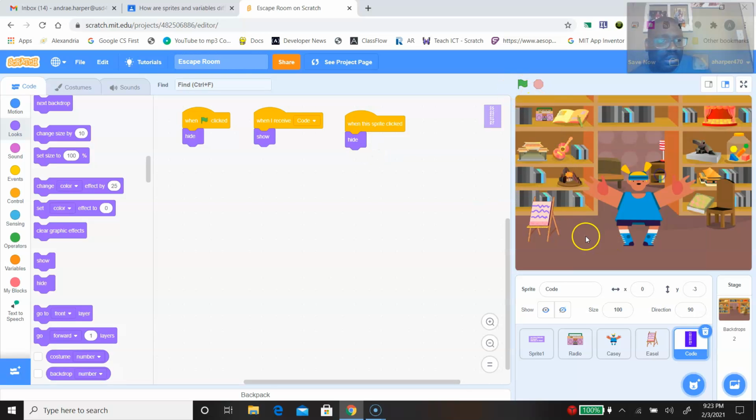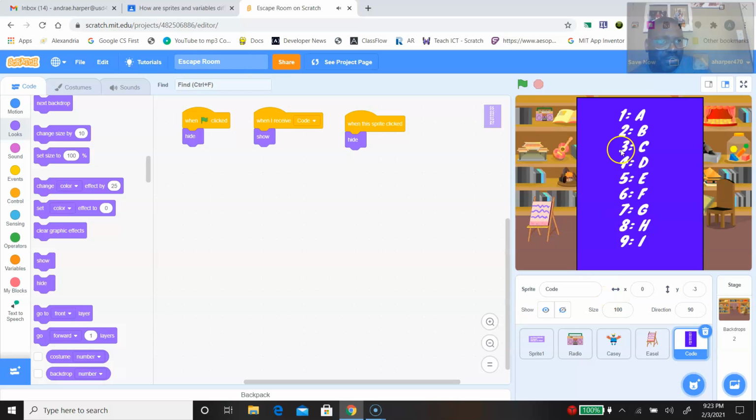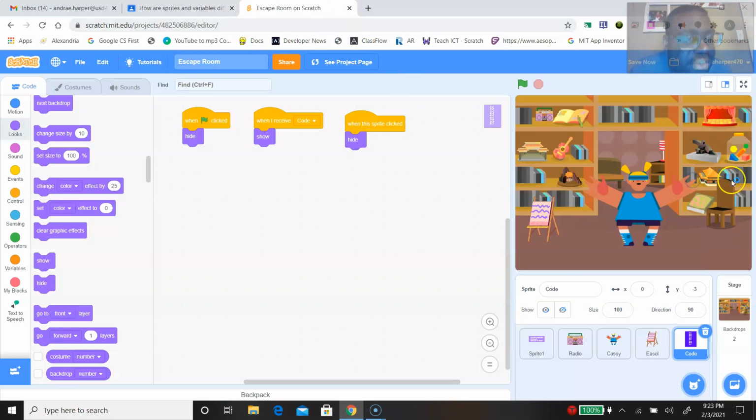So there we go. So we click the radio. 5, 3, 7, 9. So we have 5, 3, 7, 9. Okay. So I click this inside. Our next part we're going to do, we're going to program our sprite Casey here to actually accept the